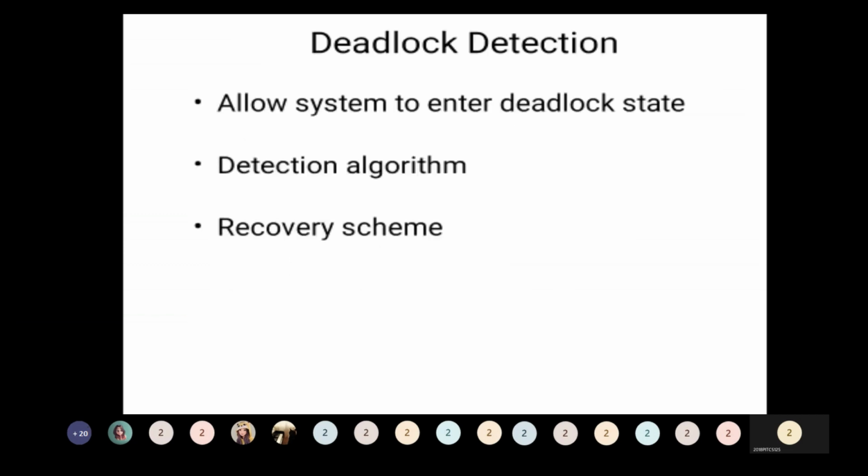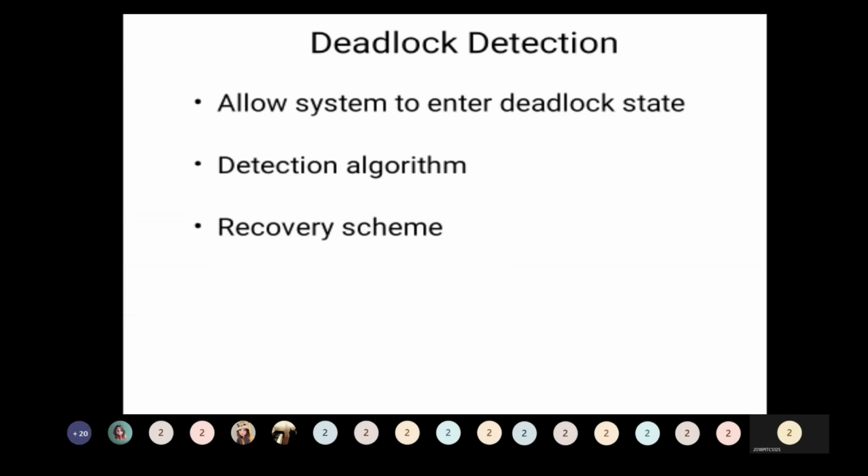Next one, deadlock detection. So we saw deadlock avoidance using two ways: resource allocation graph for single resource type instances and multiple resource type instances. The deadlock avoidance can be carried over through Banker's algorithm, where in Banker's algorithm you have the safety algorithm as well as the resource request algorithm.